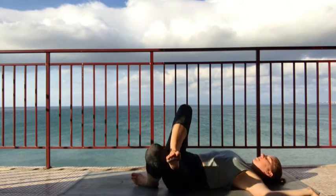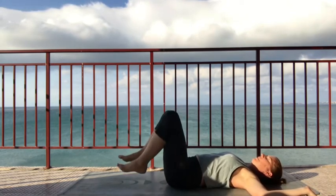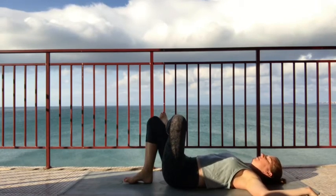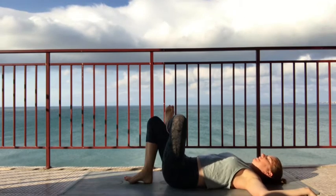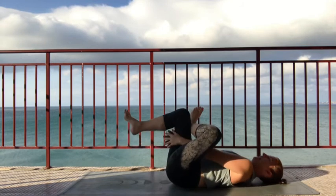Lifting all the way back up to center, and simply crossing the feet the other way. So right foot plants down, left foot and ankle onto the opposite knee. Flex through the foot and either stay here or lift that right foot up off the ground and hug on